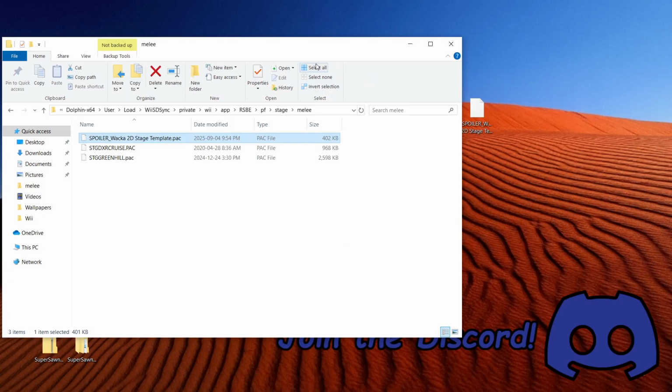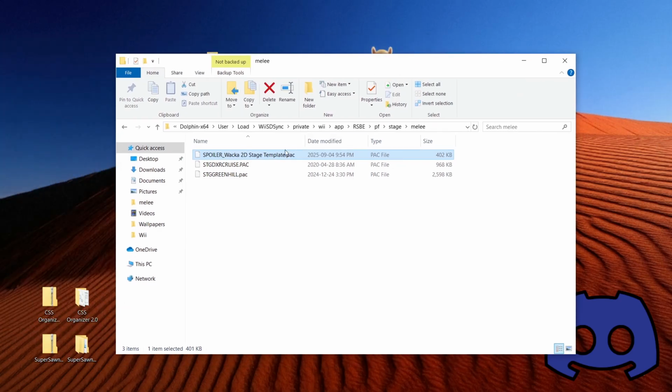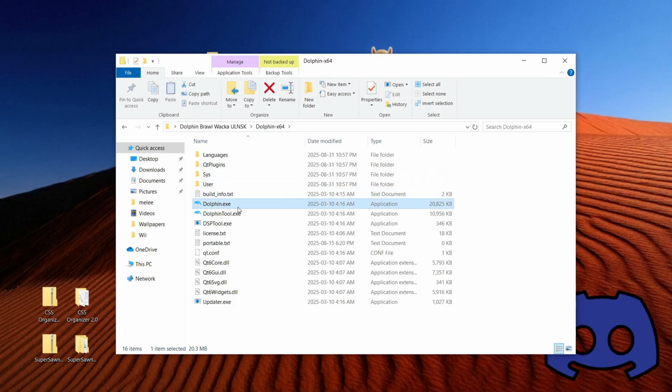copy this in here, and we're going to rename this, because it is a Final Destination stage, to STG final.pack, just like that. Once we've done that, we're going to go back to our Dolphin and run it,